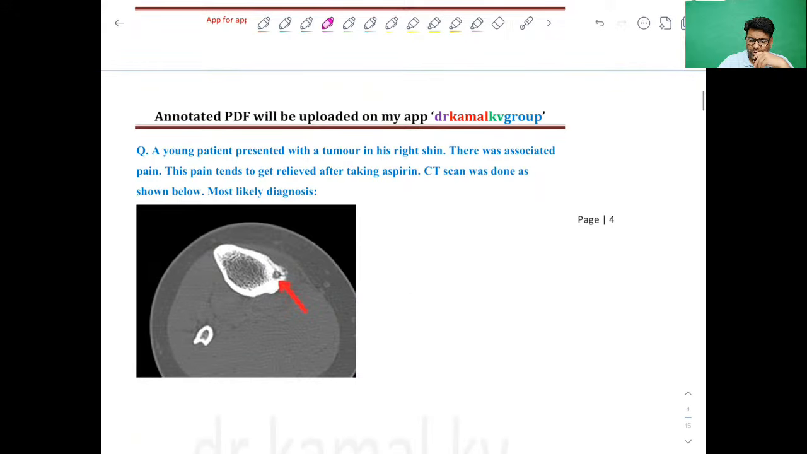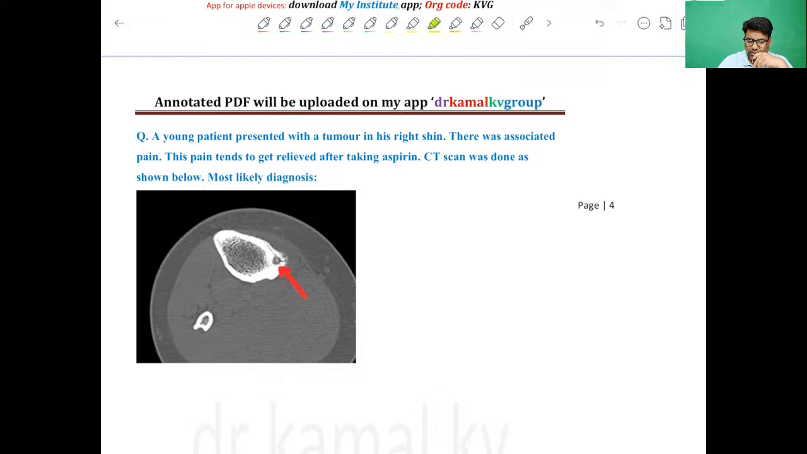So this is AVN. Then moving forward, a patient was having a tumor in the shin, and classically the pain used to get relieved by taking aspirin, and the CT scan is shown below. Now here, one important thing is that NSAIDs, especially aspirin, are very useful in relieving the pain, and therefore this particular tumor is also known as aspirin tumor,